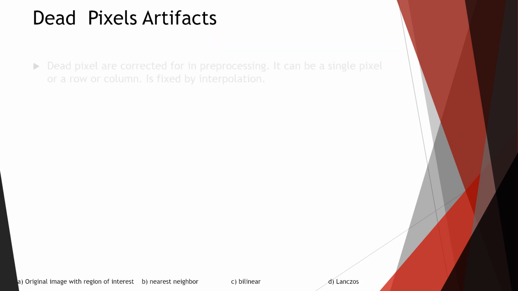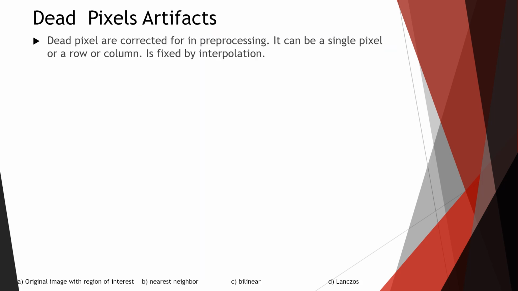Dead pixel artifacts. We'll talk about that and how to fix them. Dead pixels are corrected for in pre-processing. It can be a single pixel or a row or a column of pixels that aren't being received, due to the way that the IRs are built with the address buses and everything. It could be a problem with that, so the whole row isn't receiving the data. It's fixed by interpolation, and this actually occurs all the time,